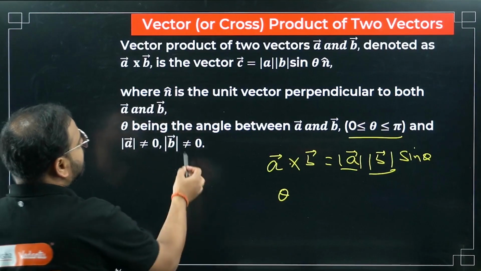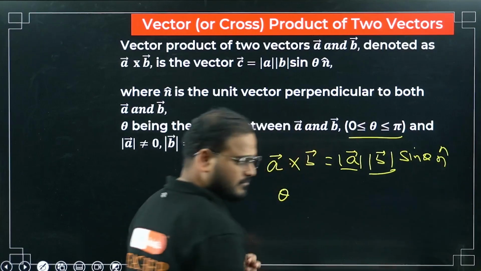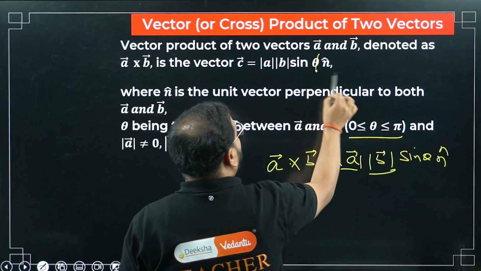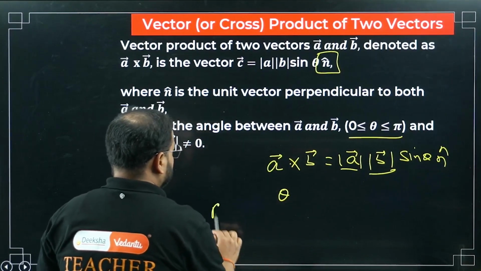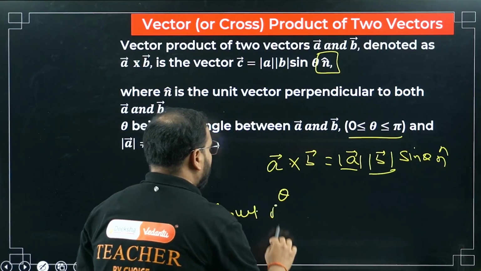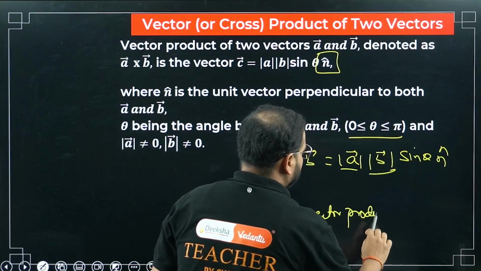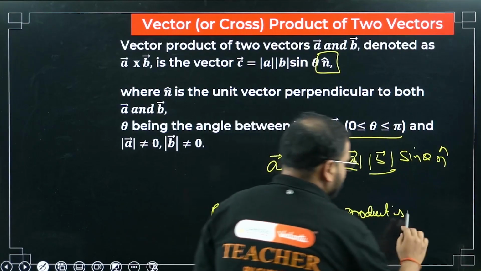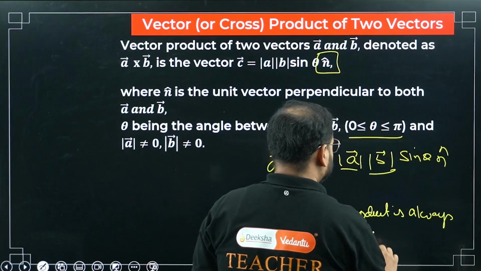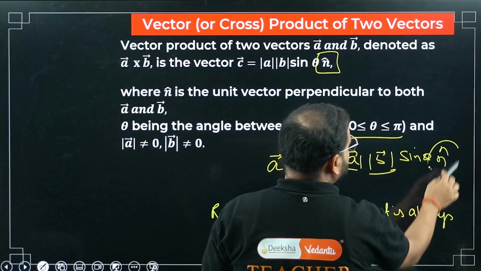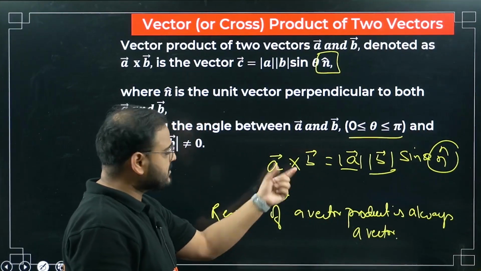All right. So what is this going to be? This you'll have over here as n cap. Why n cap? This is very, very important. Because this is a vector product. What is the result of a vector product? The result of a vector product is always a vector. So this n represents a unit vector which is